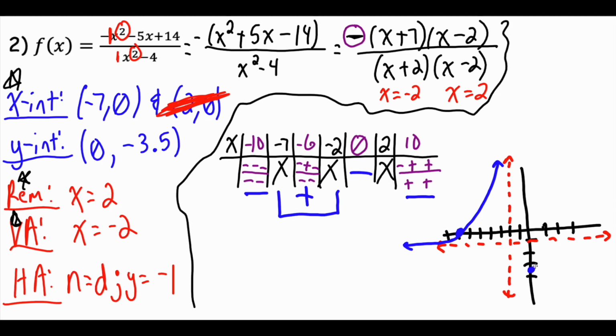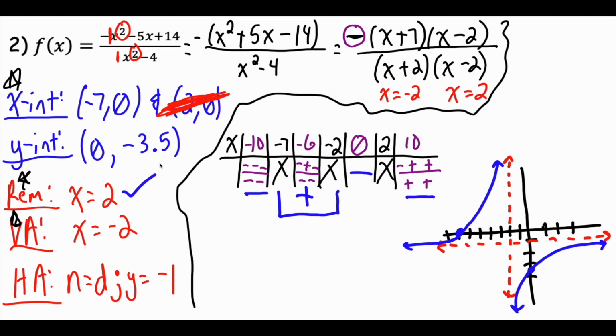We plugged in 0 and got a negative. Also, everything beyond 2 was negative, so we know everything will be down here underneath the x-axis. And again, following the guides, it's going to follow up, hit our point, curve, and follow that horizontal asymptote. Okay? Now, we still have to take into consideration this removable